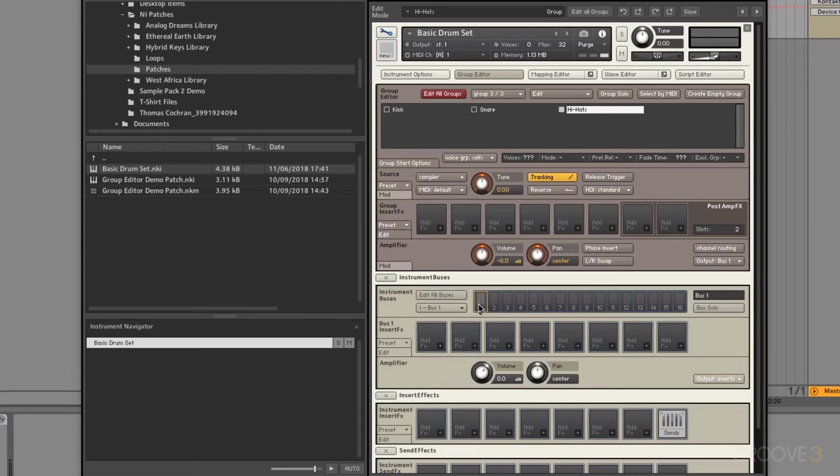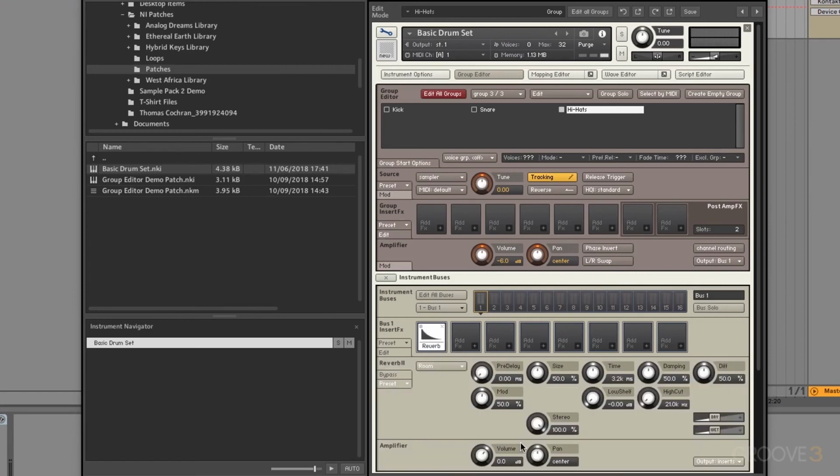Make sure that bus 1 is selected, and then underneath the effects, just like with the insert effects, you can click on this plus button, select the reverb unit, and let's do the new reverbs that were added in the Kontakt 6 update. And now whenever I press my snare drum and my hi-hat, those two sounds are routed to the reverb unit, but whenever I press my kick drum, no